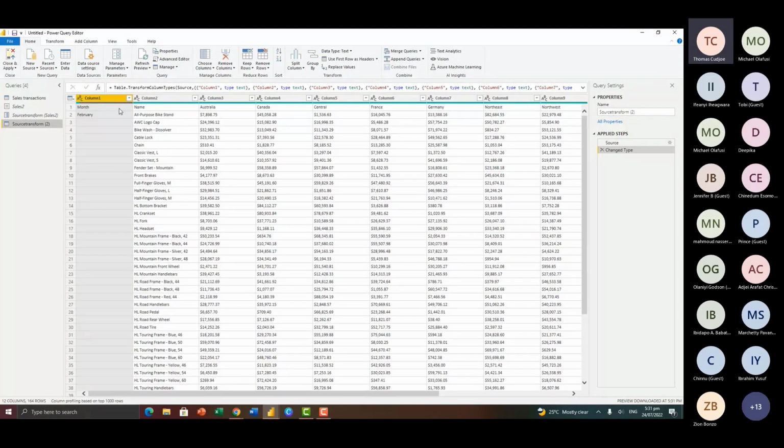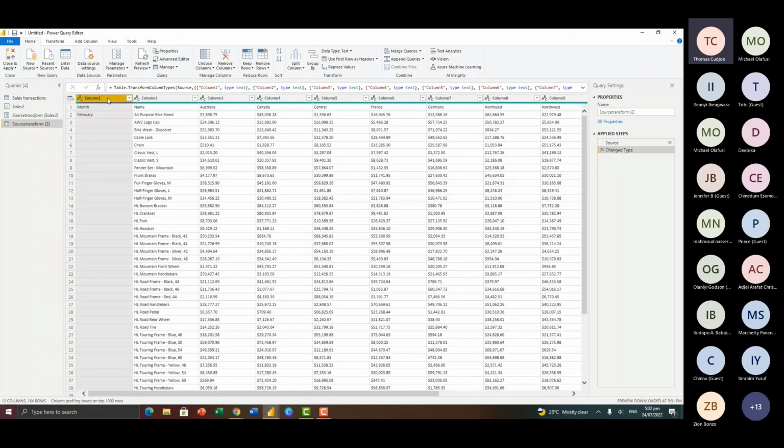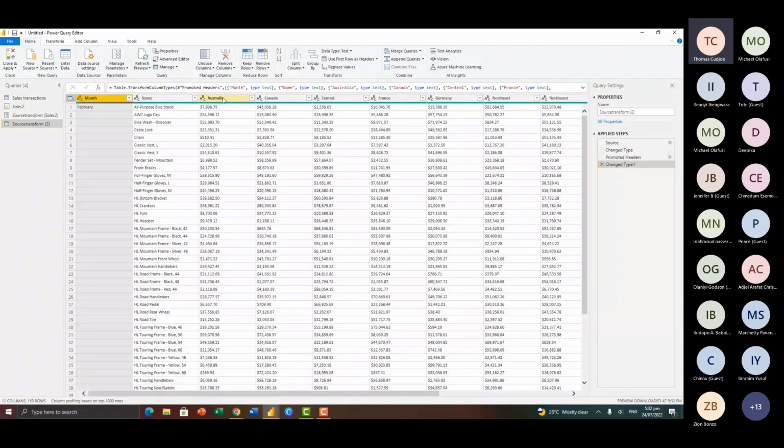So here, what I want to do is to fill down. You can see that here we have February, which is the month. But based on how the data is structured, we don't have anything here. So what I'm going to do first is to even promote the first row to become the column headers. So I'll click on the drop down here, use first row as the header. So now we have the month, the name, and then we have different regions that the company operates. So here we have the month, but there's nothing here.